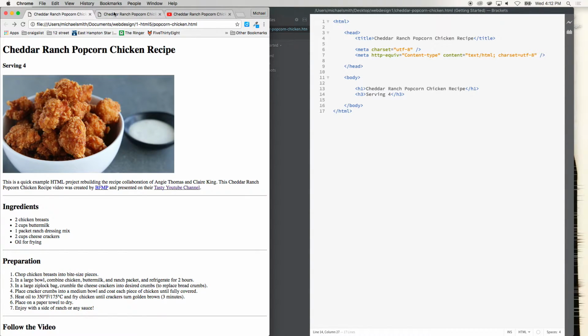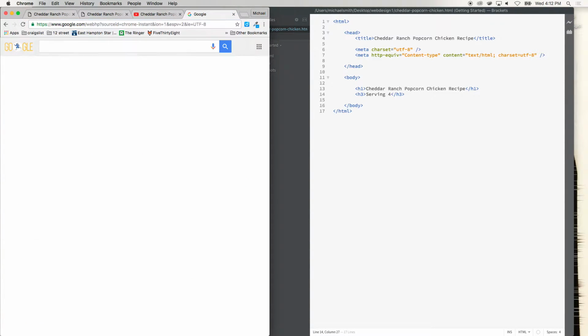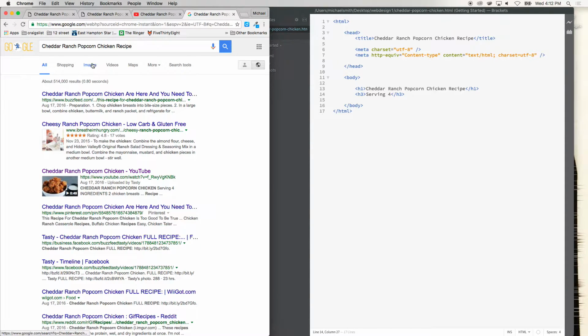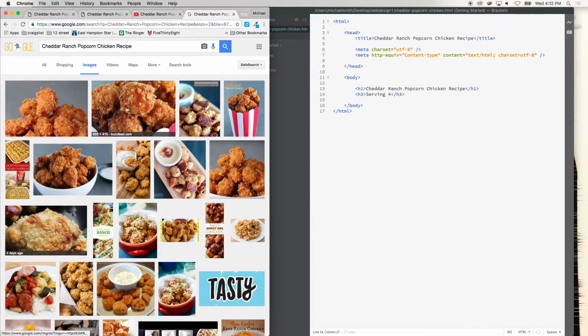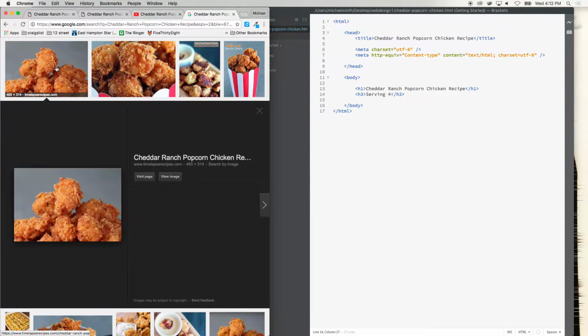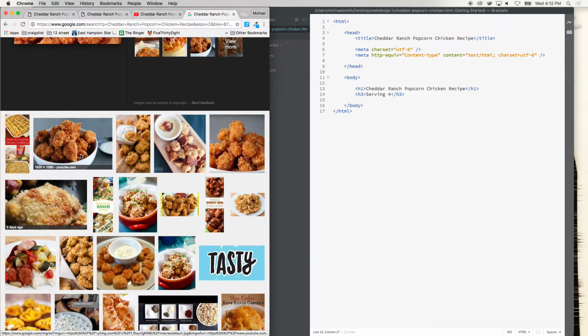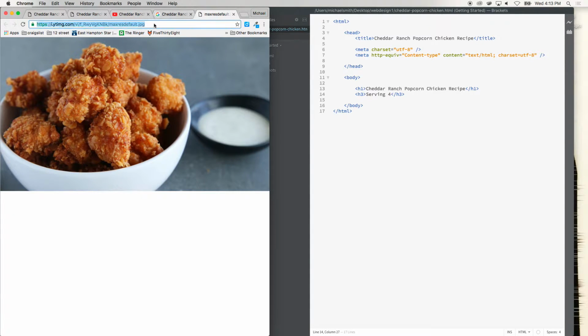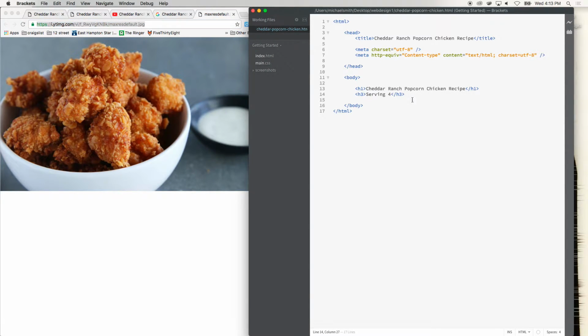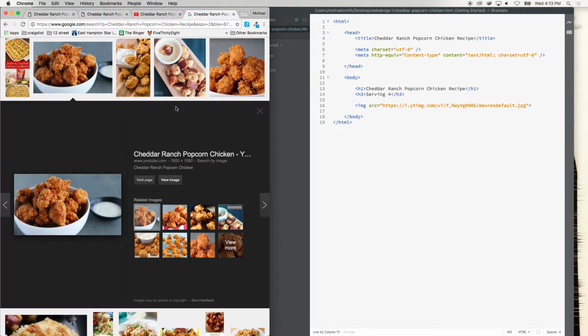Next, we want to embed an image. The way I did this is I searched for the recipe itself, did an image search, and found the, oh, it's a different one. We can use a variety. Yeah, there it is. That's the one. Did a view image, get the URL of that image, and now I can say image source equals quote, paste. Whoops. Close that tag, save, close these,